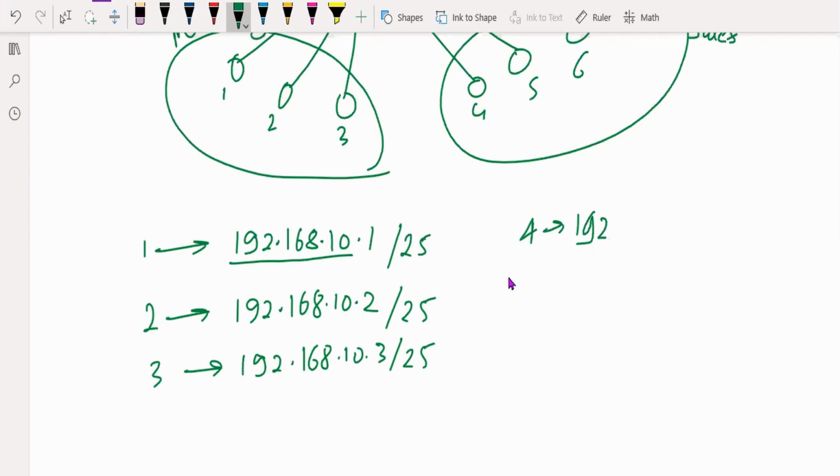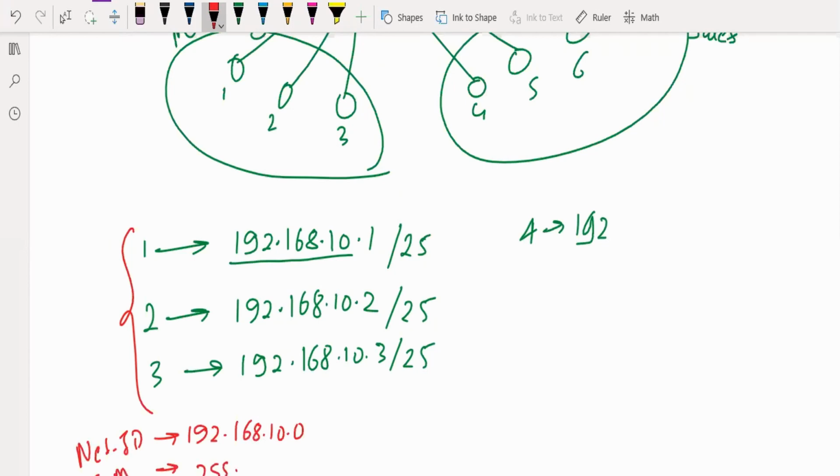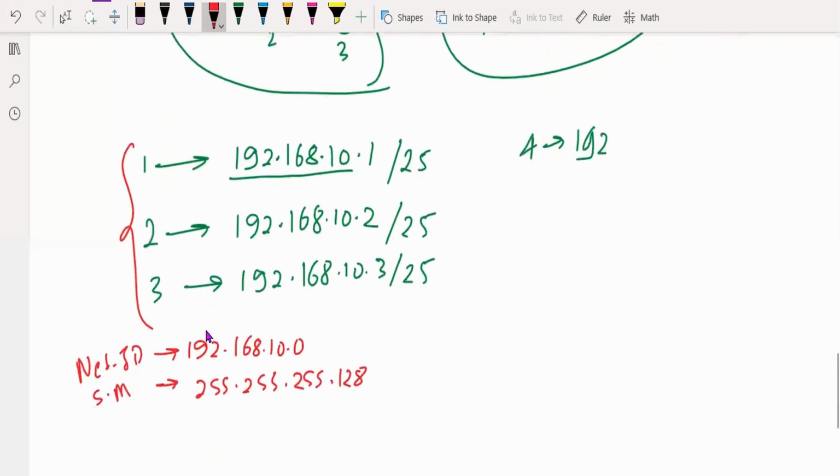So for this case, my network ID will become 192.168.10.0, my subnet mask will become 255.255.255.128, and my broadcast ID will become 192.168.10.127.